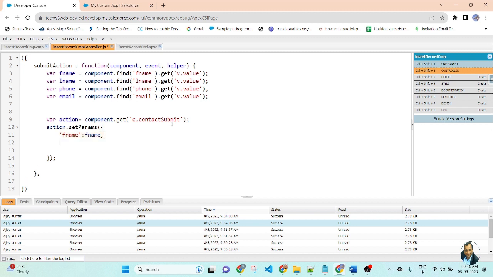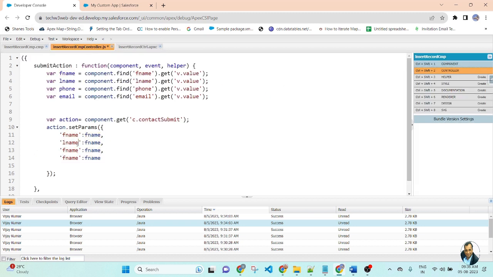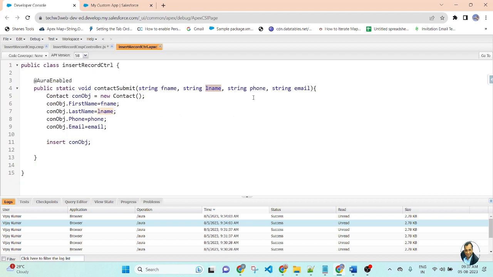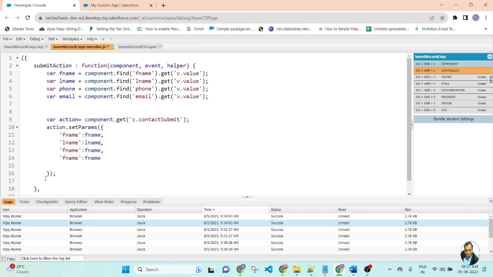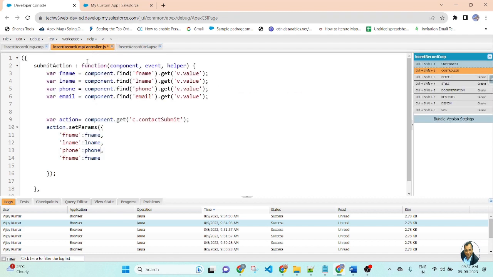Copy the line 3 times, and second for lname, value will pass the lname, third for phone, value will pass the phone, this one, and this is email, so value will pass email, this one.